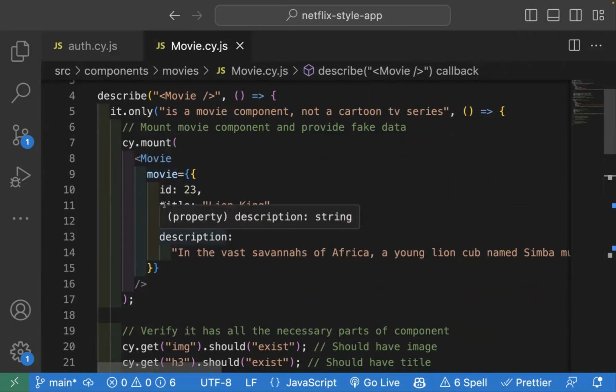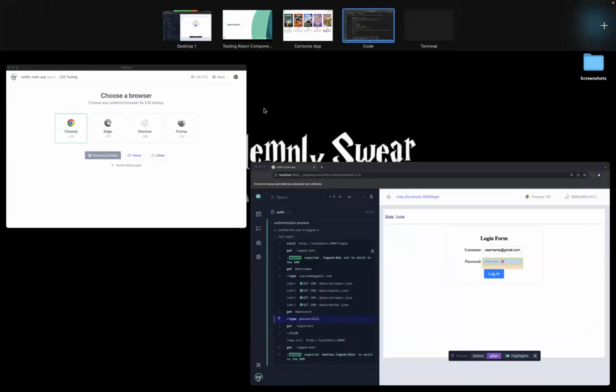I've said I'm going to provide an ID, the title, and the poster, and I provided the path for that poster, and then I've given a description. And so if we were to actually run this test,